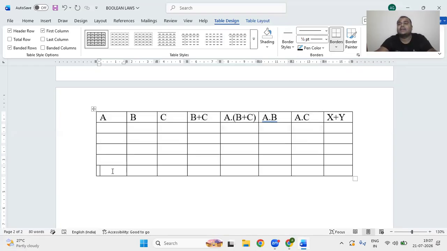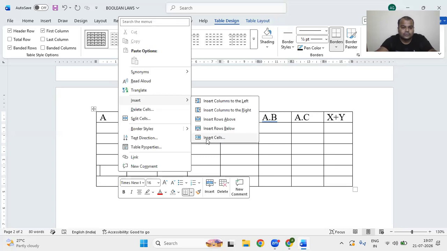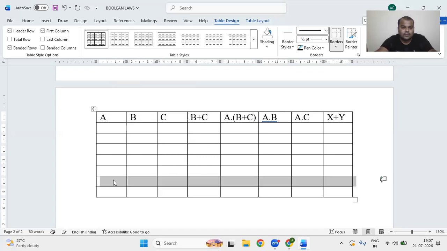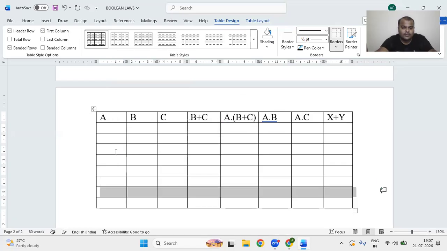Totally 3 variables means 2 to the power of 3, 8 rows below, and rows below. 1, 2, 3, 4, 5, 6, 7, 8. Okay, so I can write this one as